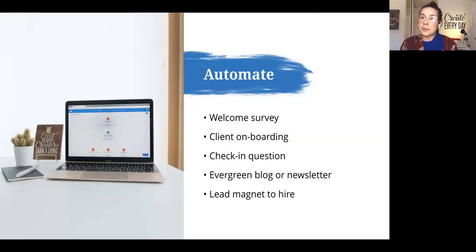And then my personal favorite, the one we're going to really focus on today, is having a sequence that starts with a lead magnet. So you're giving away something for free that's really going to attract your specific potential clients. And then the goal of the end of that sequence is to get them to hire you. So whether that's purchasing something directly online, or whether that's scheduling a consultation call or filling out a proposal request, whatever that endpoint is, I would love to know if you want to share in the chat what that is for you. That is the one we're going to focus on